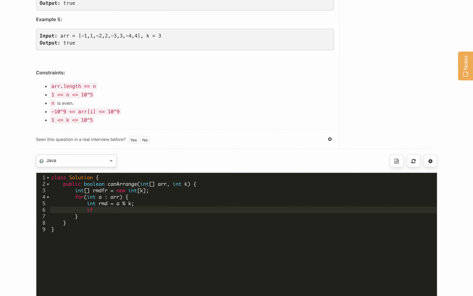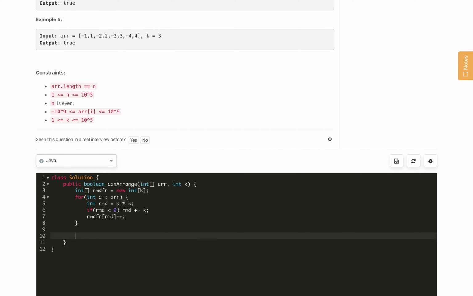There can also be negative numbers, so we move them to the positive side, from 0 to k, by adding k. If the remainder is negative, we update the remainder with remainder plus k, and then increment the remainder frequency of remainder.